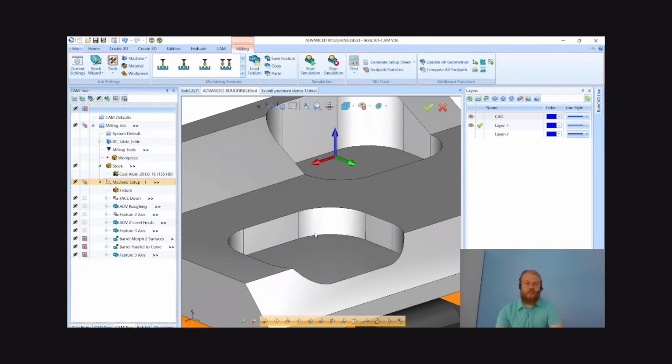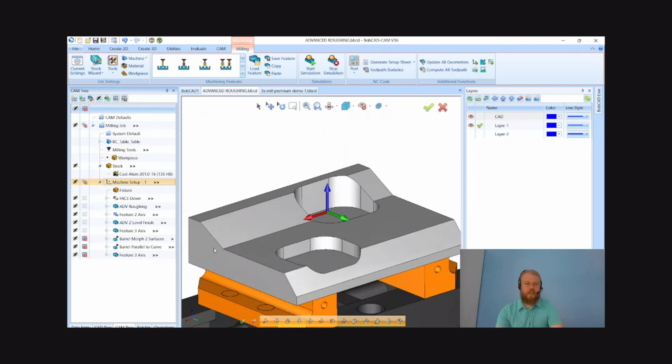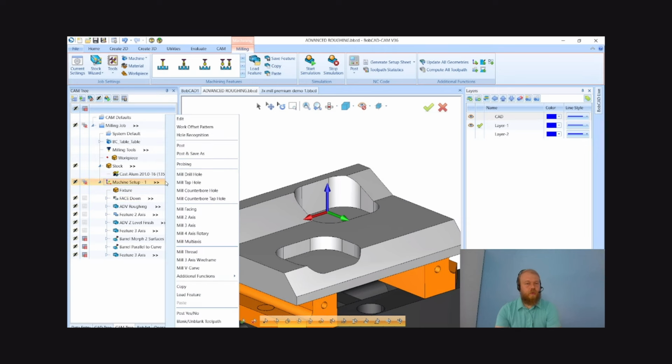For example, with these pockets, we can use a probing tool to go down to the depths of the pockets and the sides here, make sure everything is cut to size on the machine. We support Renishaw, Blum probing software there, and a bunch of others, but those are the two main ones that we focus on, and we've proved out the G-code for those probing tools. But anyway, we'll go back to the machine setup, right click, and again, probing, drilling and tapping, counterbore